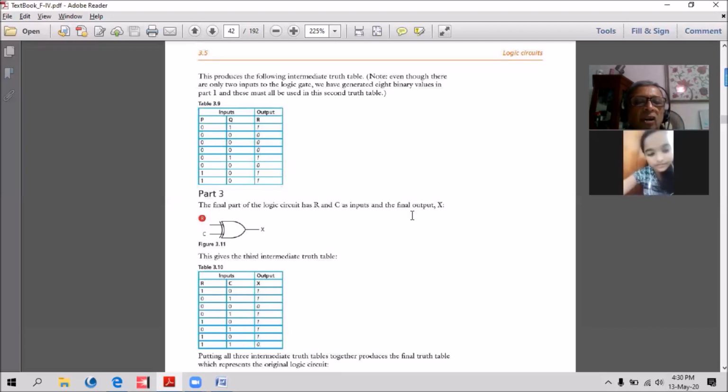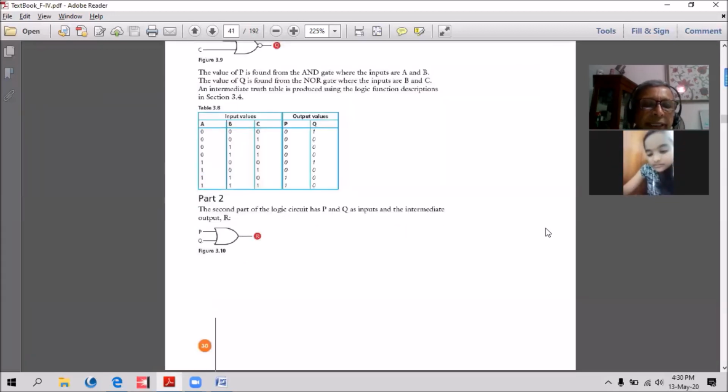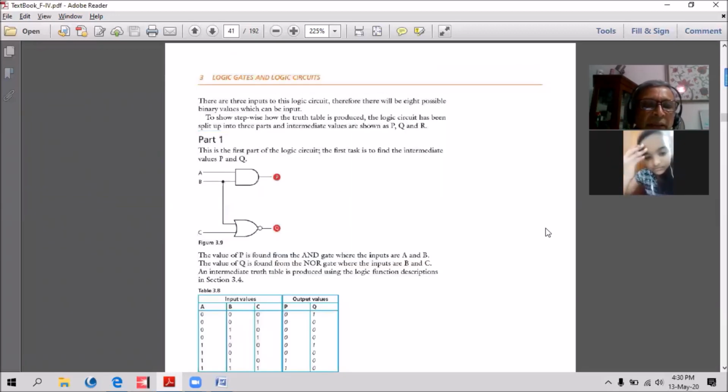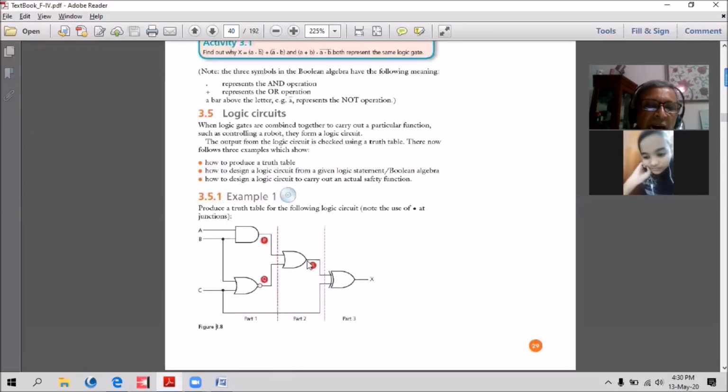Then the final part of the logic circuit has R and C as inputs and the final output as X. See, once we get R there, another input is coming from C. Though it goes to another junction, we are taking C again here along with R, and the output is XOR.